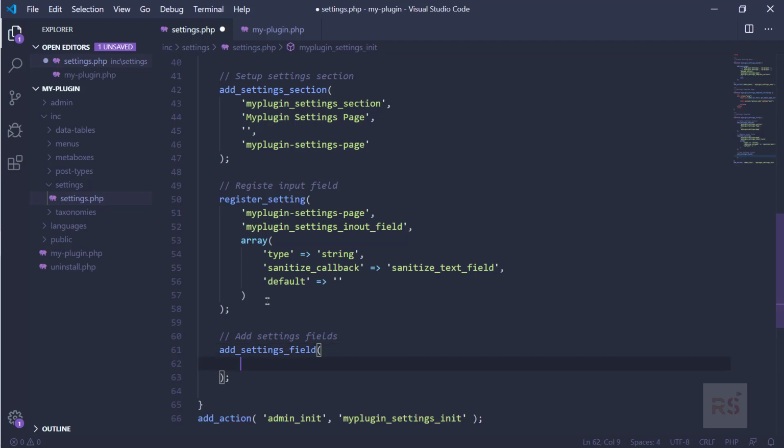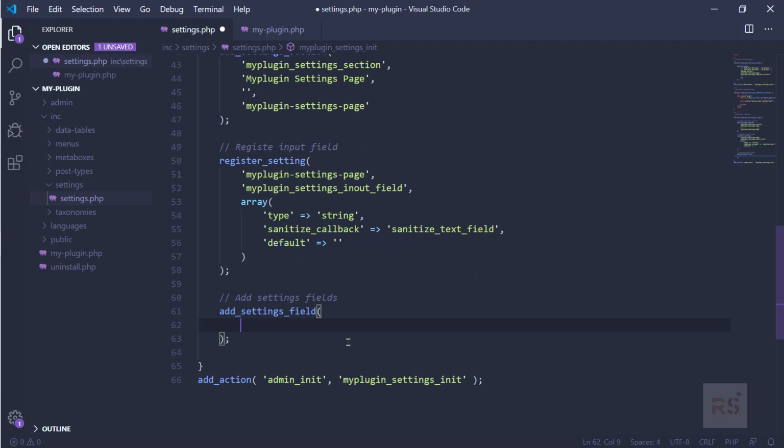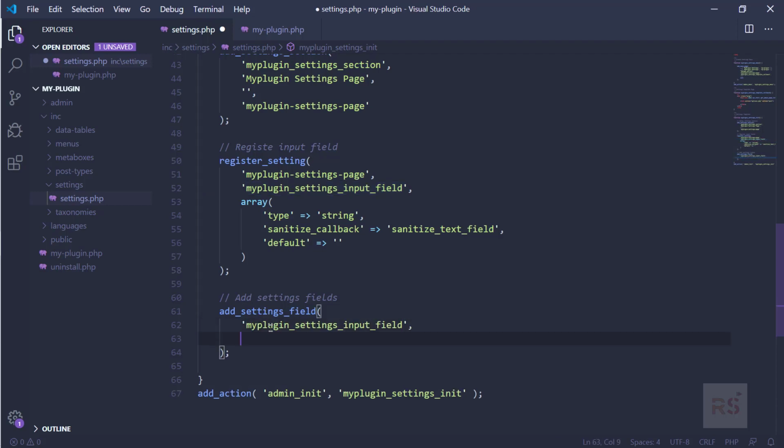So the first one is the ID, that should match with the register settings option name, should be input, so we need to match with that. Alright, and the second one is the title. So let's say like input field and the text domain,